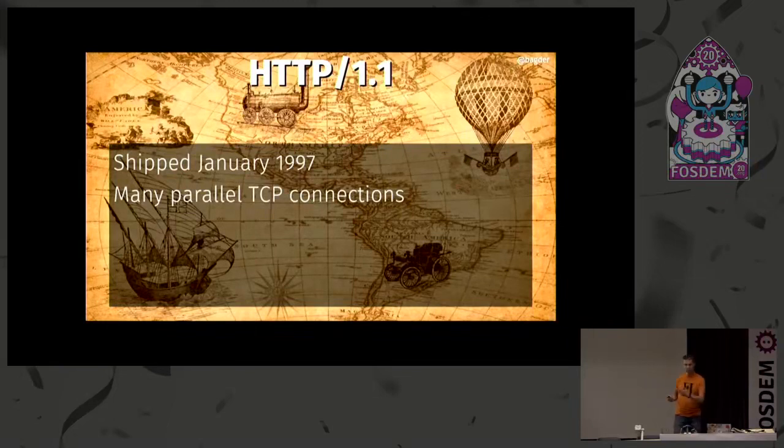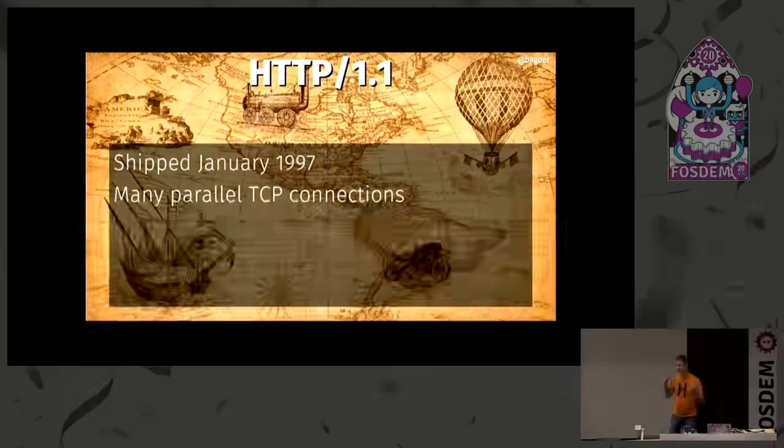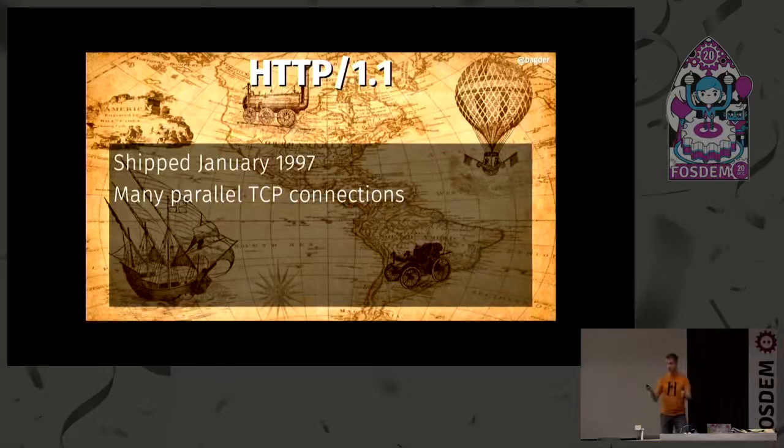Wait a minute, we only have how many connections? Let's come up with new ways to do more connections in parallel. So all the browsers today do many connections in parallel, and you can trick it to do even more parallel connections. So we went to that world. So now we're into a world with a lot of parallel connections. So many that we have to kill them off really often because there are too many to keep up all the time.